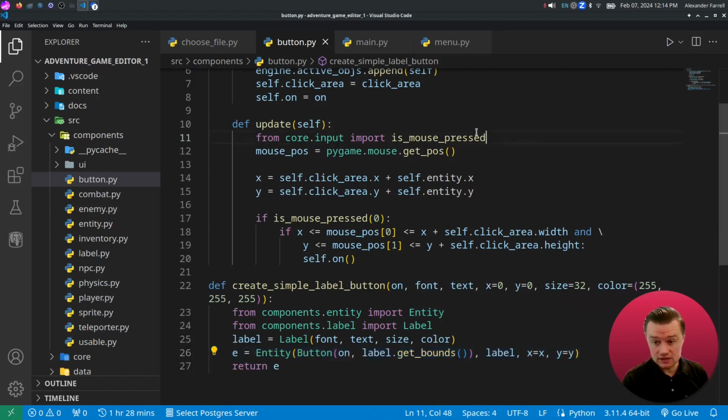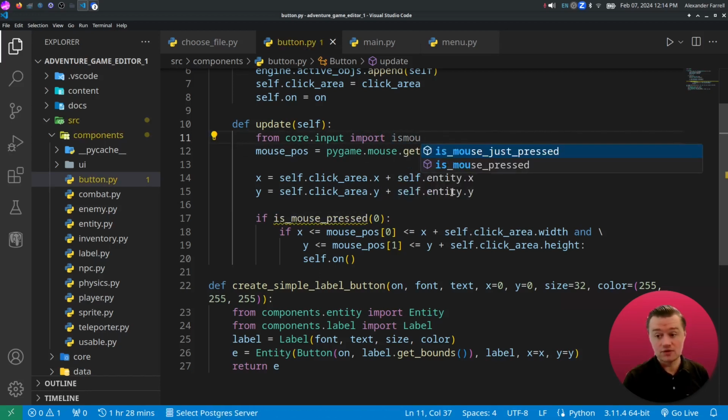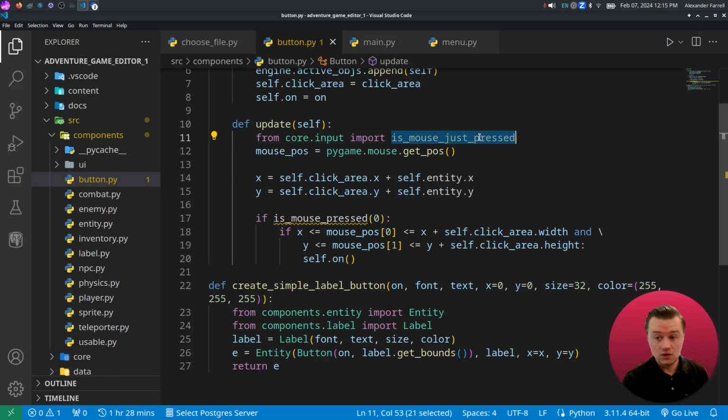In testing this, I noticed that there's this isMousePressed here in our button class. This repeatedly checks if the mouse button is pressed down and fires the event every single time. But we really want the button to only fire when we click the button. Let's come over here and change this to say isMouseJustPressed. We'll paste it right here, and then we'll do number 1. For some reason, we have to do 1 here, and this is the left mouse button. But yeah, either which way,